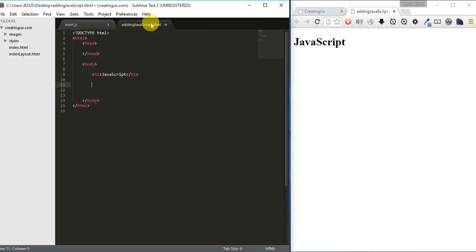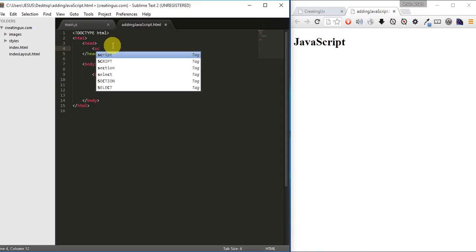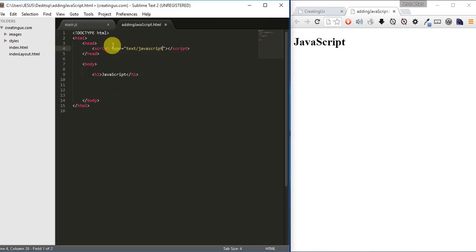So how do we actually make it possible for this external file to execute in our HTML? Well, we use the same script tag, but in this case we are going to use one attribute called the source, and then I say that the source is going to be the name of my file,